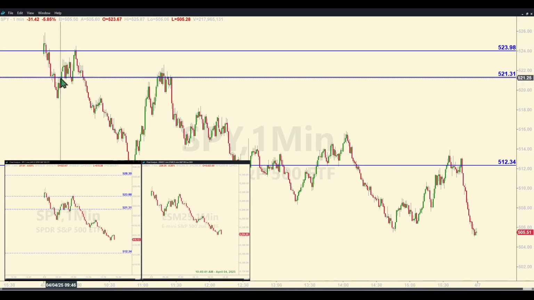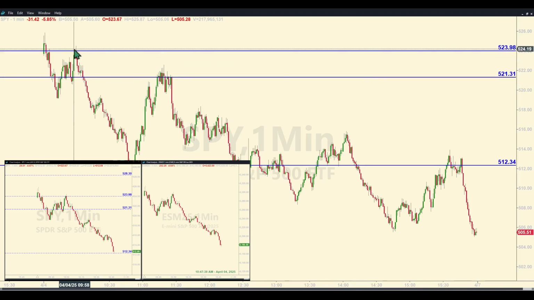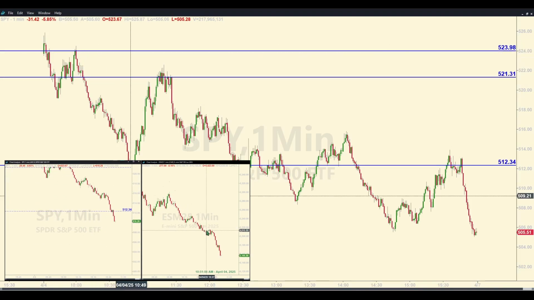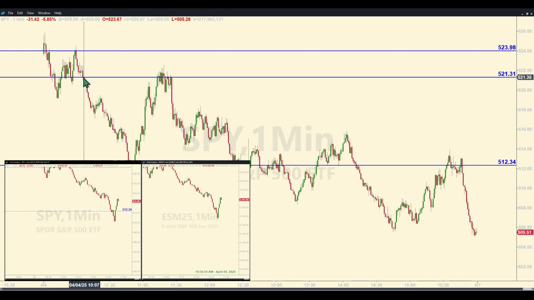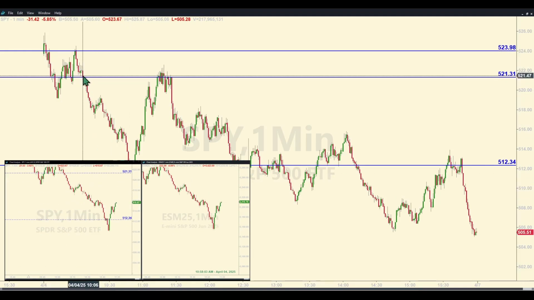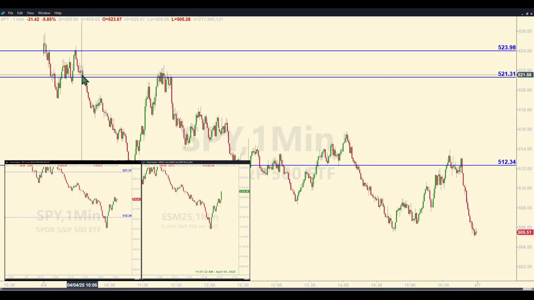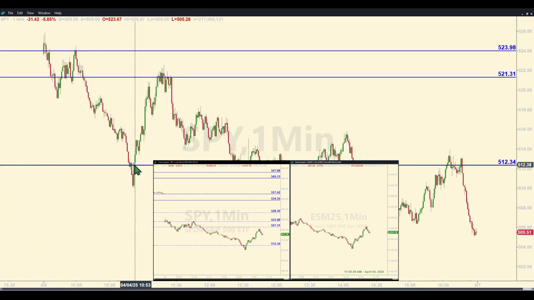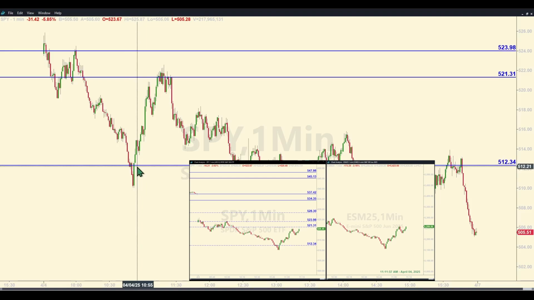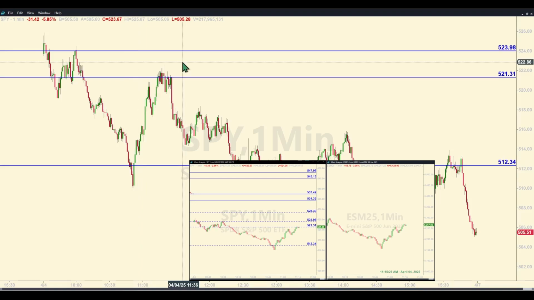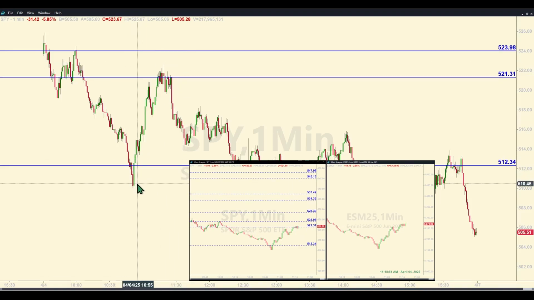But in any case, you would have gone short at 521.31, gone short again at 523.98, pulled a base hit, and then some as they continued to fall. You would have ignored this level when they hit it again. And if you have taken the course or are taking it, you would know why, although I have explained that before. And they're down to 512.34. That whole area was designed to be support, and they bounced as expected. Yes, they got out of the money, but once again, more wiggle room is required.